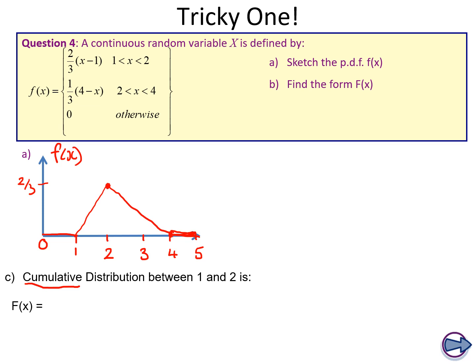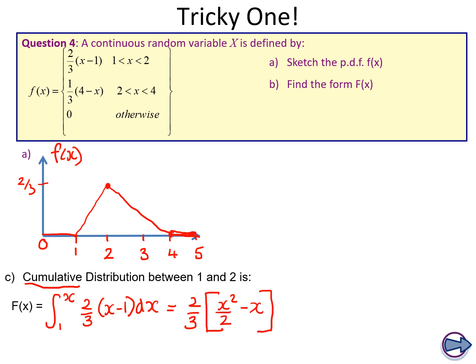So between 1 and 2 we see nothing up to 1, so we're just going to have to integrate between the lower limit 1 and a variable x, integrating that first function 2/3 x take 1 dx, which gives me, pull the constant out, x squared over 2 minus x, and I'll put on my limits x and 1, stick in x, take away when we stick in 1,